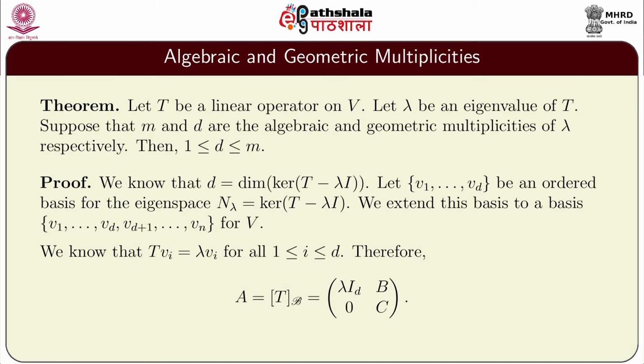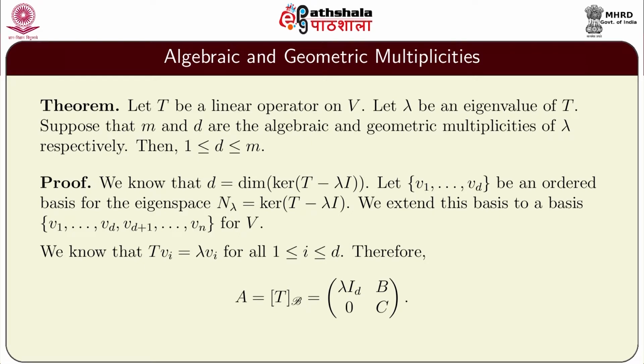It says that if T is a linear operator on V, V is finite dimensional and lambda is an eigenvalue of T with algebraic and geometric multiplicities m and d respectively, then d is at least 1 and at most m, that is, 1 less than or equal to d less than or equal to m. Proof: